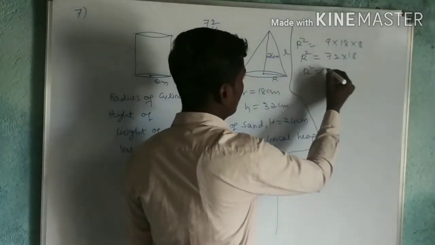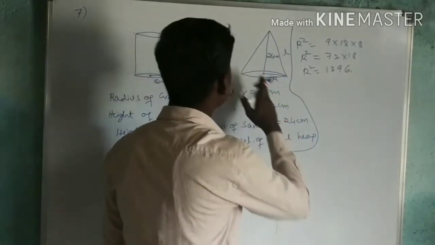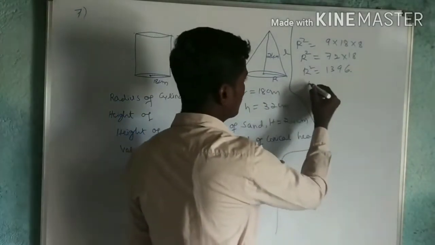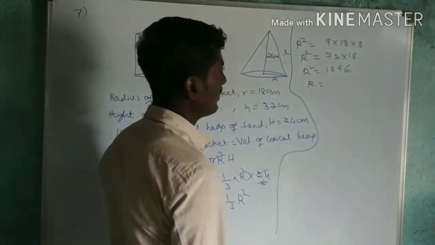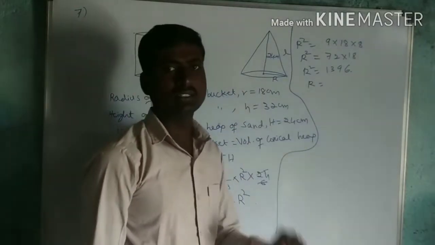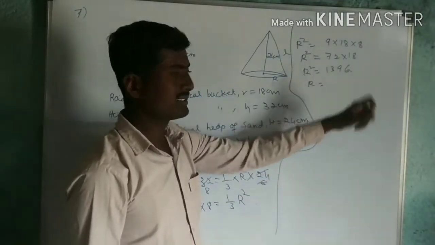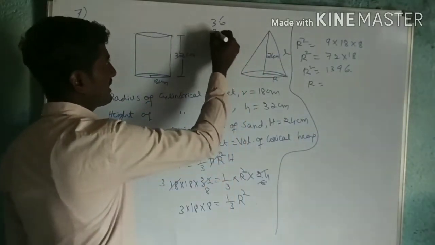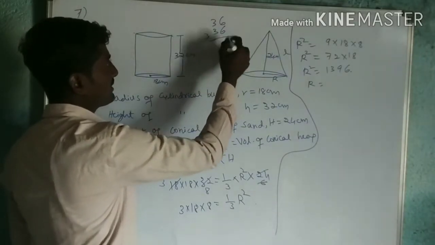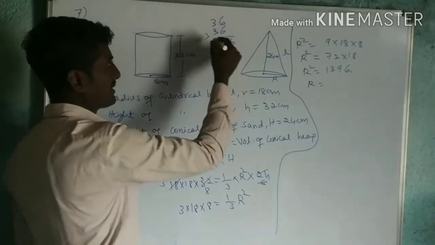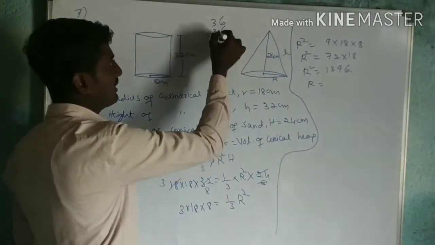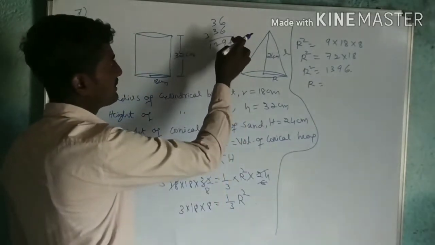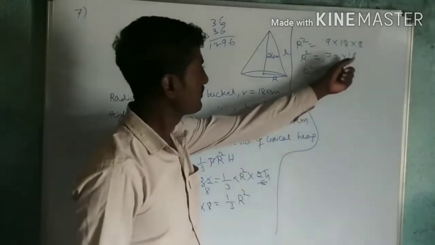R square is equal to 1396. Okay. Now here I want R. So R is equal to square root of 1396. 30 square is 900. 6 is there in its place. It must be 36, I think. 34 or 36, I will check 36. 6 6s are 36. 18 plus 18, 36 plus 3, 39. 3 3s are 9. Am I right? Can you check this once again?